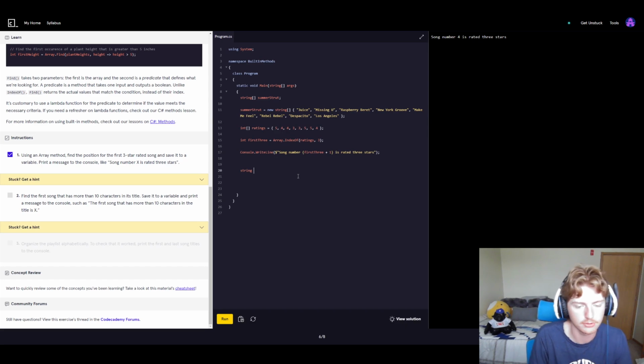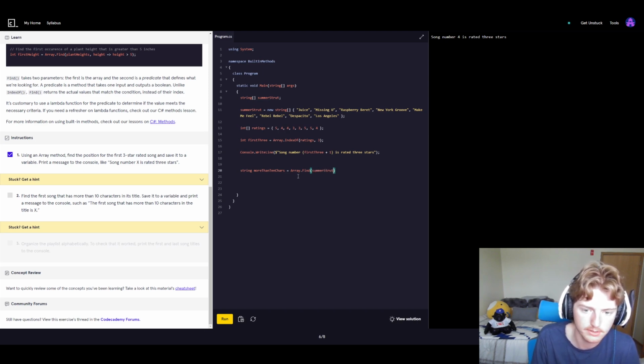So we are going to have string moreThan10Chars, and we're going to set that equal to Array.Find, and we're going to go through the summerStrut array, and we want to have a bit of a lambda expression now. In this case, we want the length to be greater than 5. So I would assume you do something where you would do,